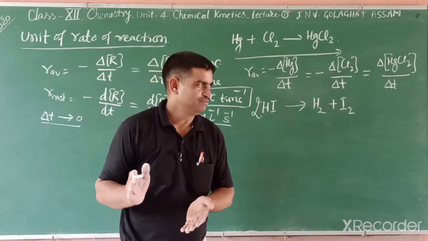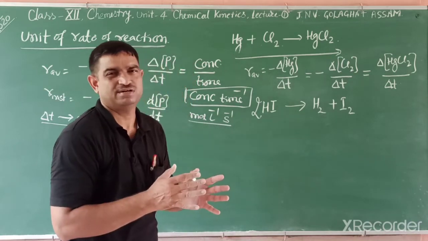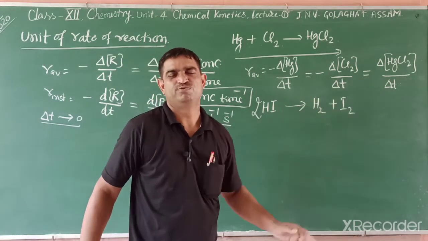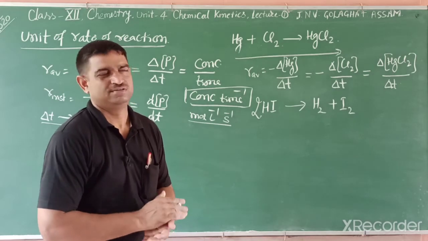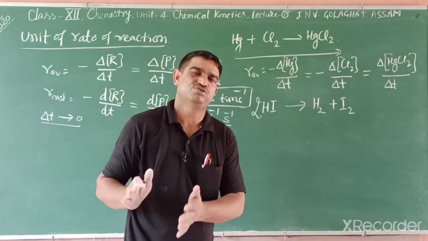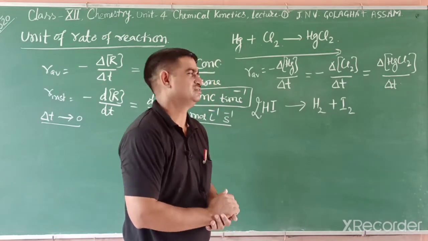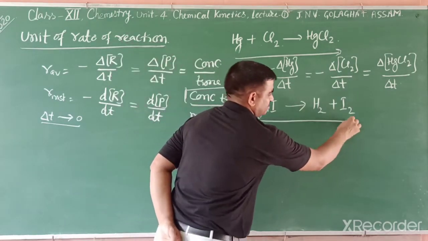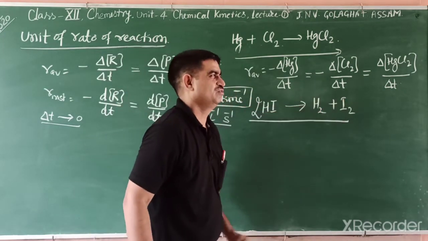Students, when we move along a way and one person moves faster, the other slower, then what happens? One person moves more of the way and the other one remains behind. So how can they make it equal? Either the faster person stops or the slower one runs; either running or stopping, they can meet. In a similar way, how can we identify these three different species? That is, 2 moles dissociate, and they produce 1 mole and 1 mole.